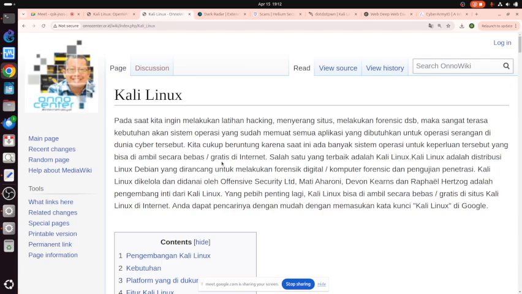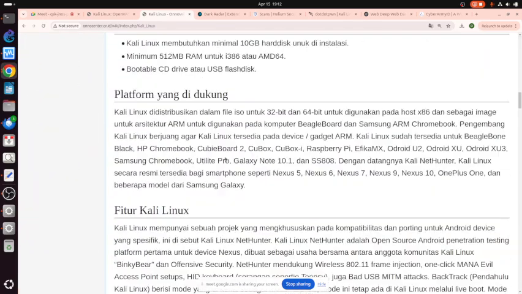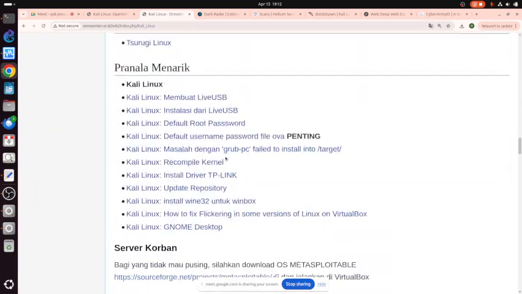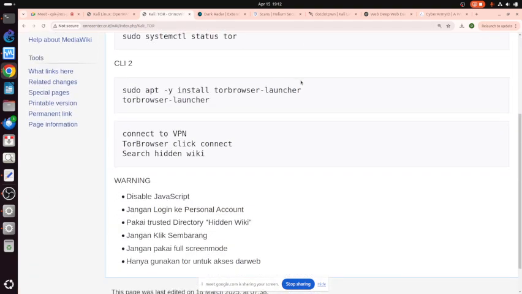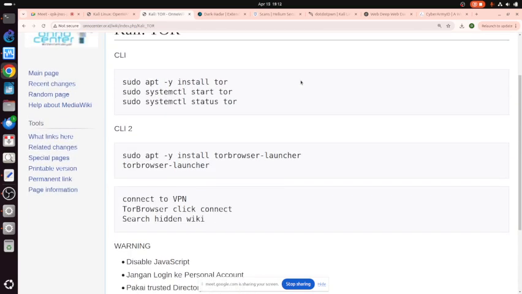Kali Linux. This one. Okay. We can install using this kind of command. So I have to install this one first.